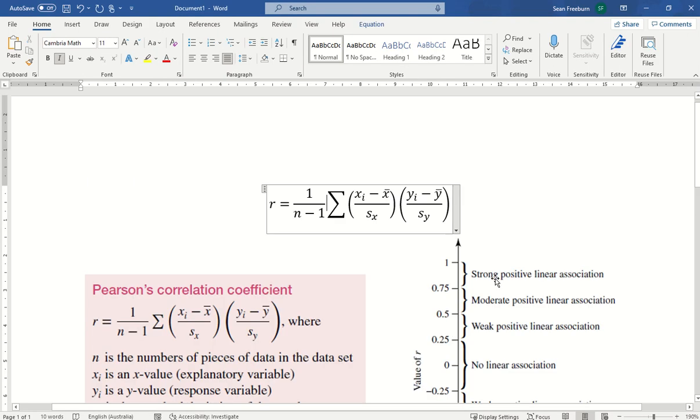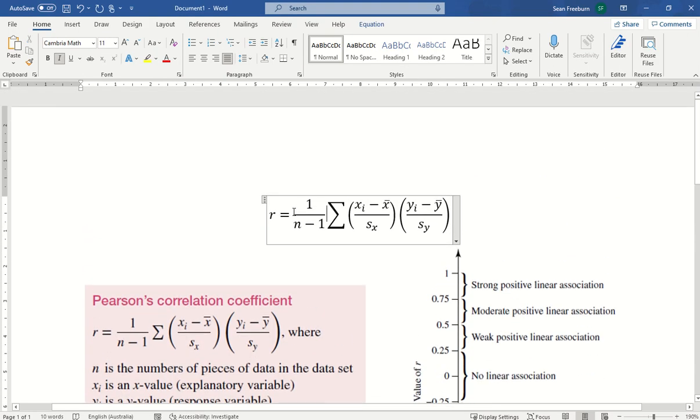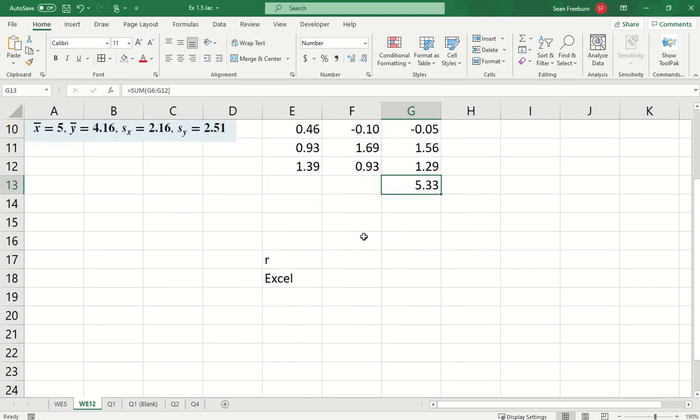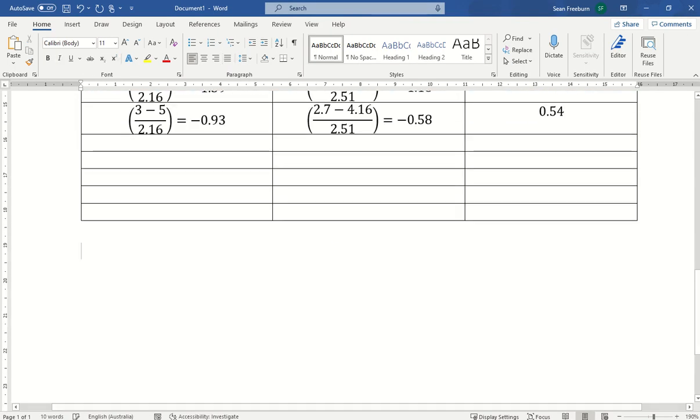5.33. So I'm not finished because we can't have a correlation of 5.33. That's impossible. Now we need to look at the first part of the formula. 1 over n take 1 multiplied by the product of everything we just did. So what does that mean? Well, once I figure out what the sum is,